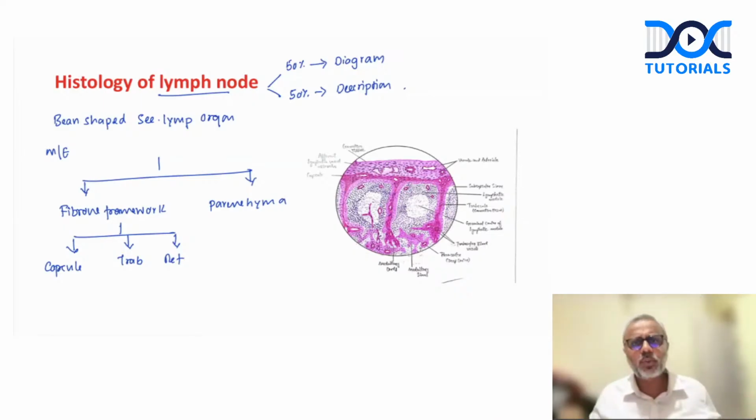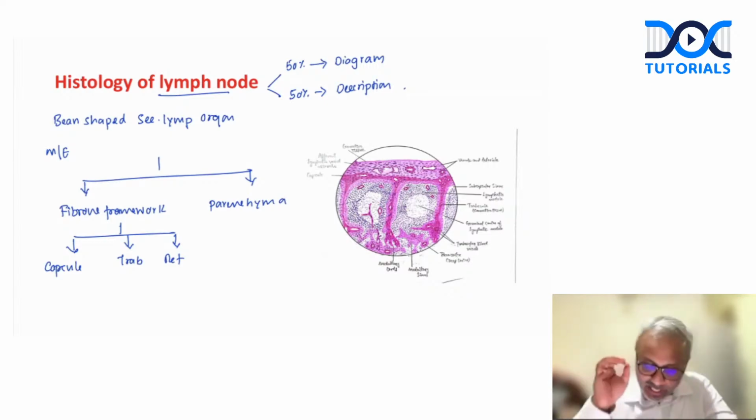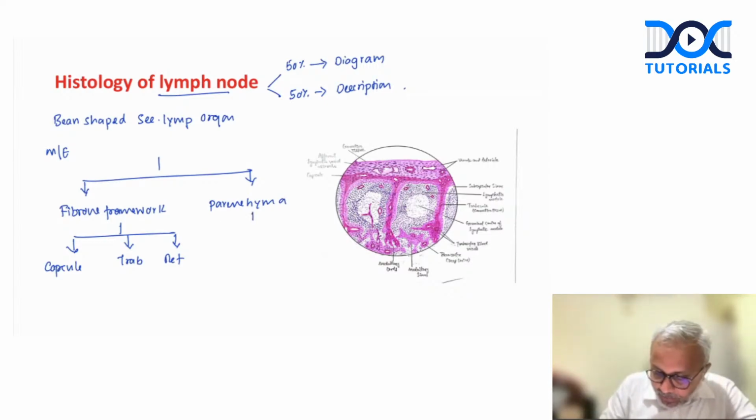You don't have to write everything that is given in your book, right? All that we expect is: what is the capsule? What type of connective tissue is it made up of? What is its function? And the same holds good for everything else, right? This holds good even for your thymus. Am I clear? Right? Then parenchyma, when you describe